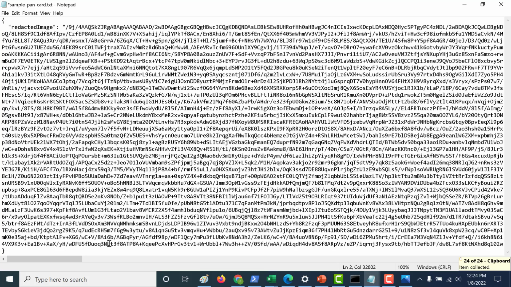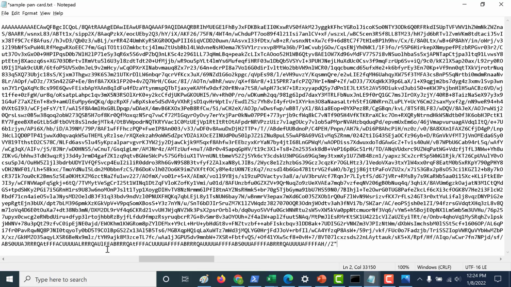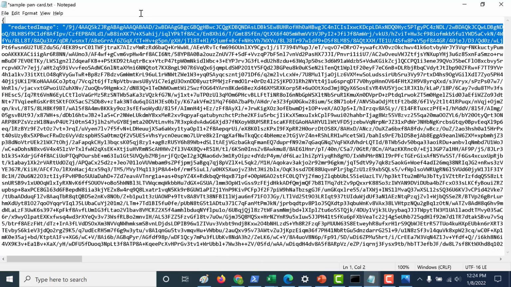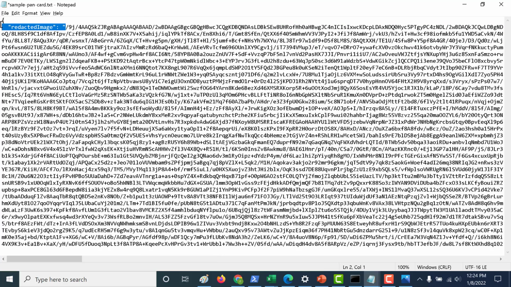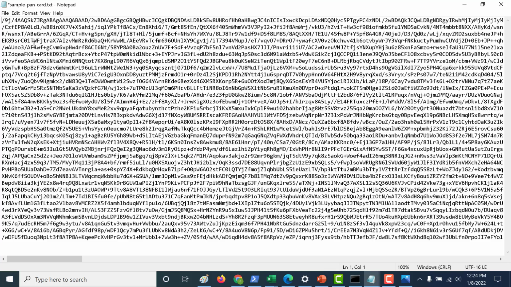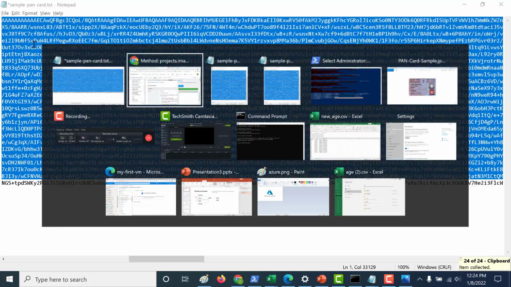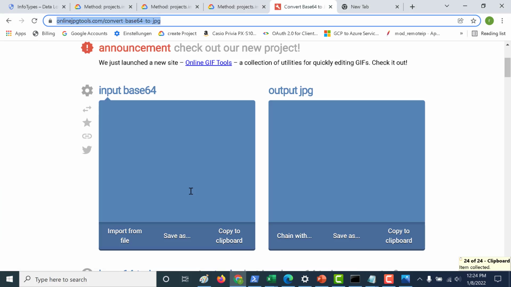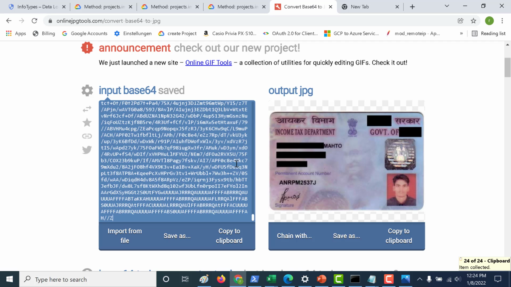Let's go back and copy this text. Let's remove all the quotes, and again remove the key for that key value pair. Let's copy this and paste it here, and you can see that the following information gets blocked. The name gets blocked, so does the date of birth. Unfortunately, for some reason, the permanent account number, that is the PAN number, does not get blocked.